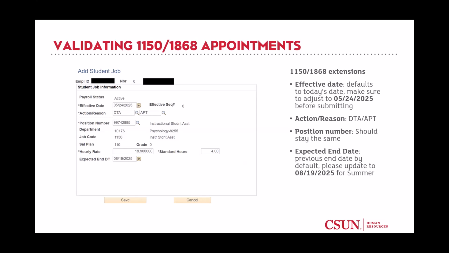Action reason will be DTA APT, which means data change, new temporary appointment. That's the code that will be used in order for us to transact this extension. Position number should have no change, and make sure to change the expected job end date. By default, it'll have the previous end date, so please update it, in this case, to the end of the summer, which would be August 19th, 2025.